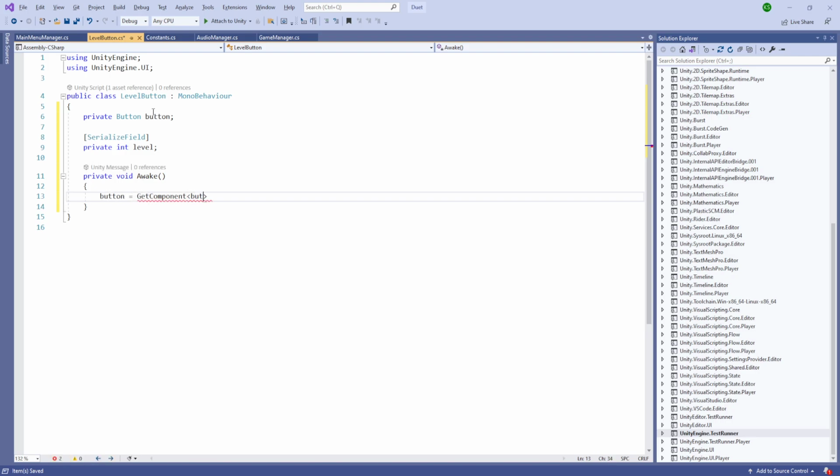So button equals GetComponent Button, and button.onClick.AddListener, and we'll add a listener for the click,